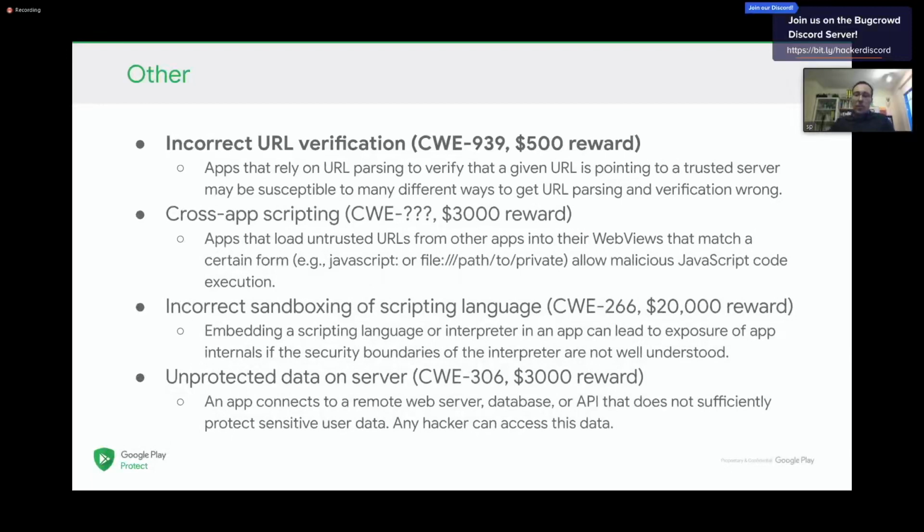Then we have cross-app scripting, which is incredibly common. $3,000 reward. We're probably going to downgrade that. Incorrect sandboxing of scripting language, $20,000 reward, because that usually leads to some kind of code execution. If it's local, it's $4,000. If it's remote, $20,000. The easiest example is you embed a scripting language or interpreter in your application, and then